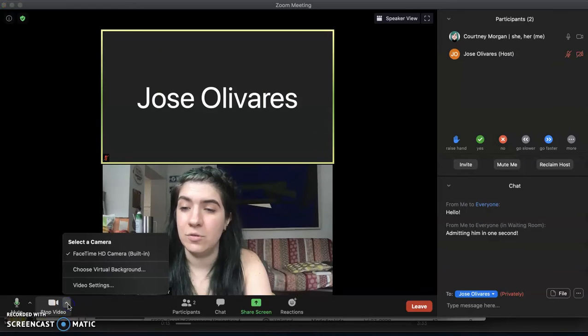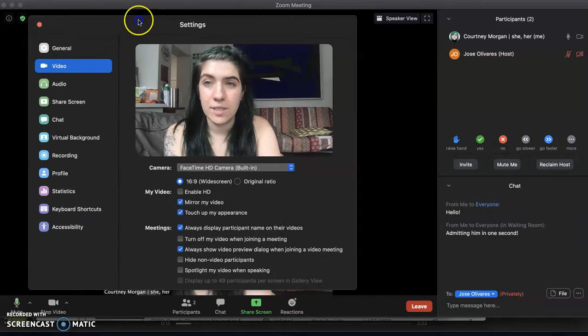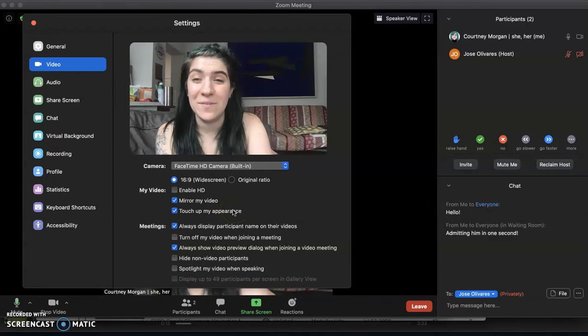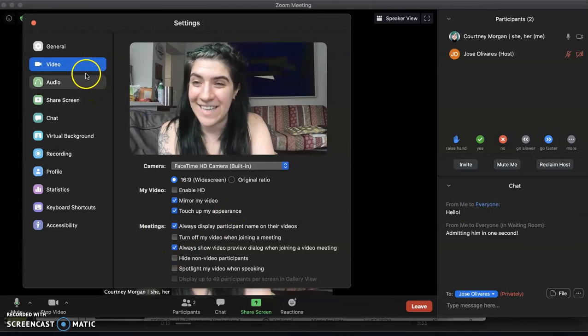You can access most of those through this video settings button, which I access by clicking the up arrow next to stop video and clicking video settings. From video settings, you'll see that you have a bunch of options around your video. Touch-up appearance is a really nice one for those of us who have been in quarantine for a long time. You guys can explore these on your own, but I think the most useful that everyone should know about is